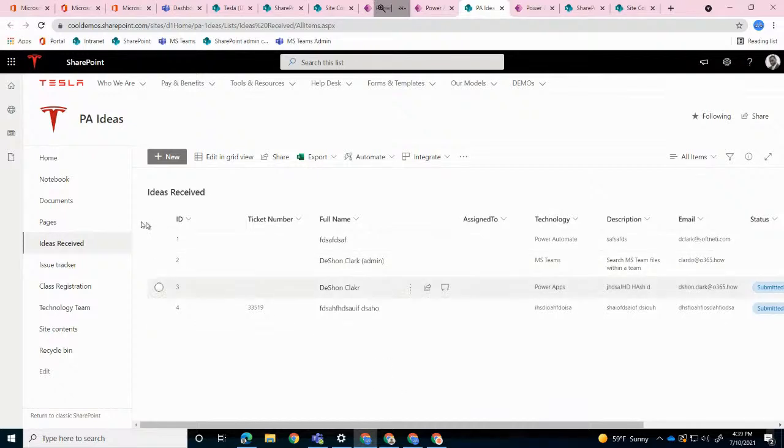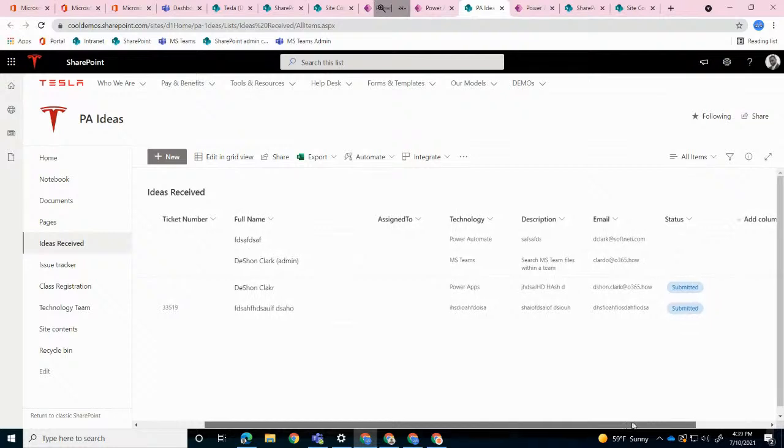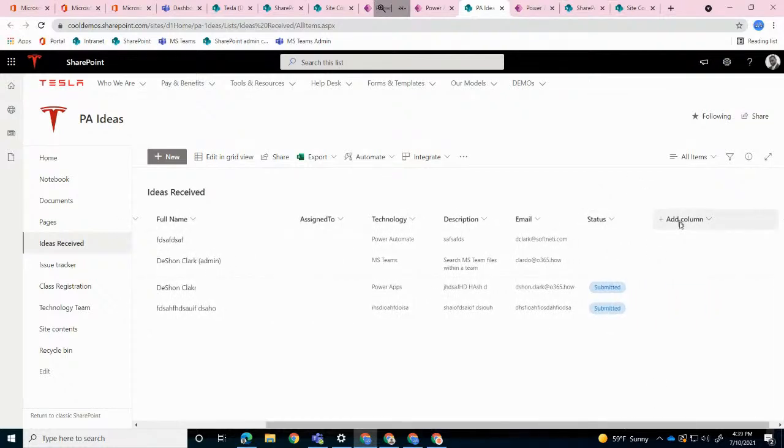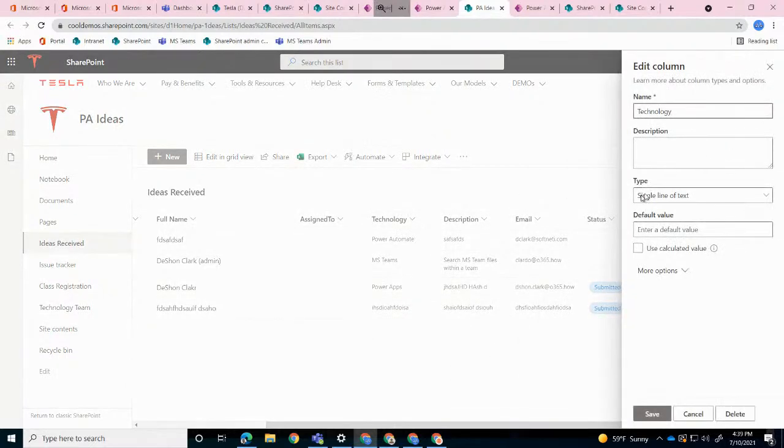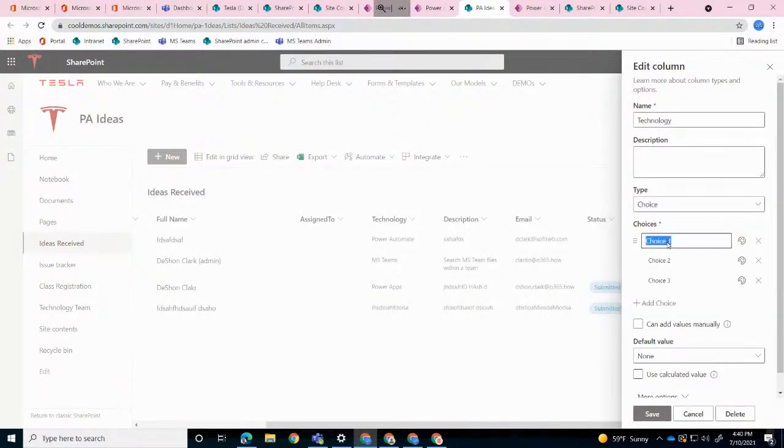So here I have ideal received, and let's button this up with a category field. Do I have one already? Description, technology, is this a category field? Let me see what type of field this is. This is a single line text. Okay, let's up this to a choice field. And then here I want to